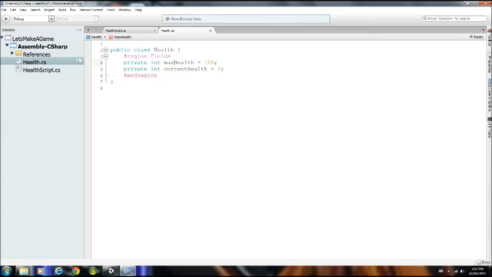So this is currently the maximum amount of health you can have. It can be 3, it can be 9999, it can be 100. It can be whatever you want, any amount. The current is what your character is currently at. So we shall create some properties to access these. First we'll have a public int max health